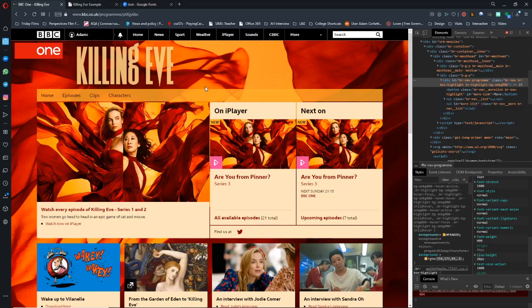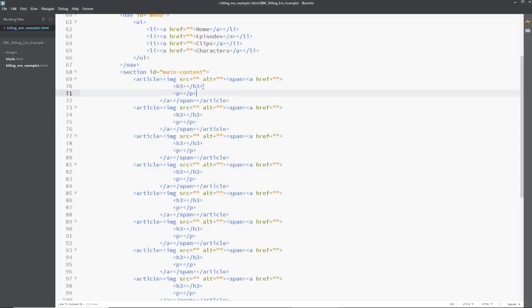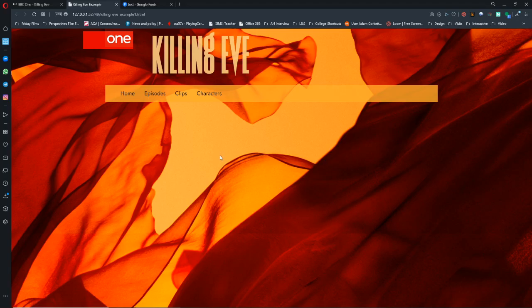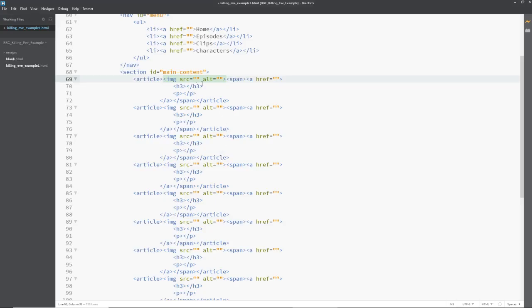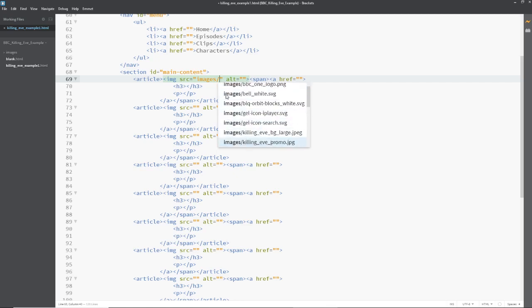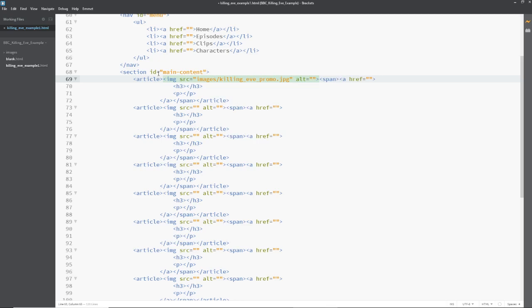Okay, so then what we'll be doing is we'll be popping the images inside of each of these articles so we can start to see something happening. So there'll just be some space there at the moment. So image source, start typing images. The first one's easy. It's KillingEve promo. There we go. We'll give this article a class of primary